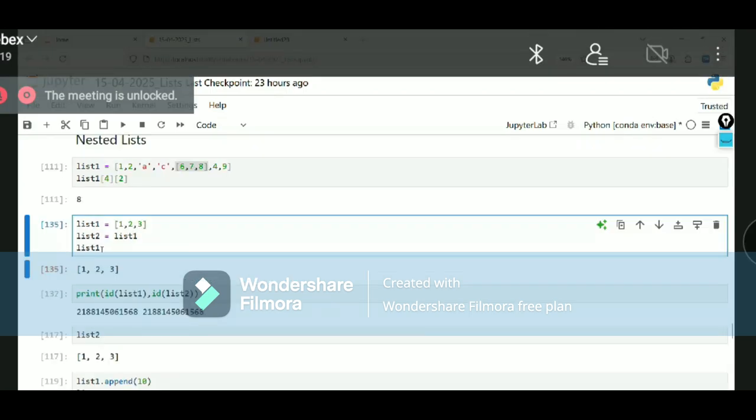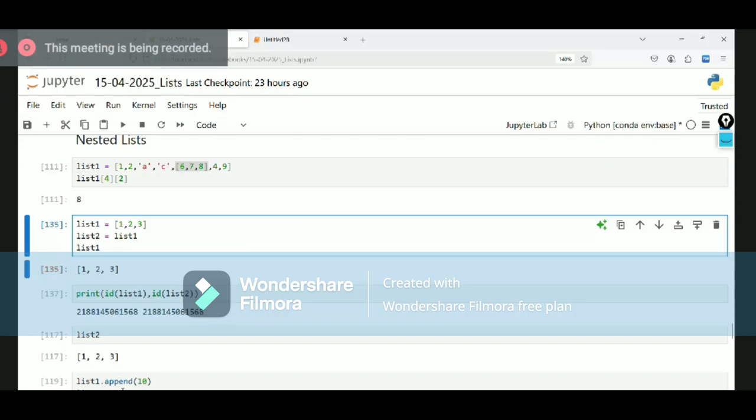Connected to both the lists. So if I add list1.append(10), this element also will be added to the list2 also. So list